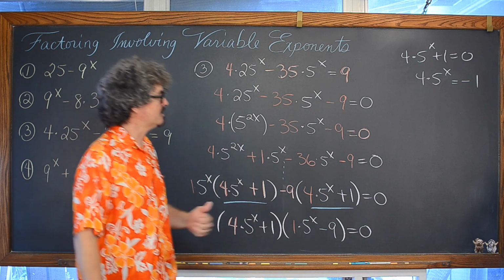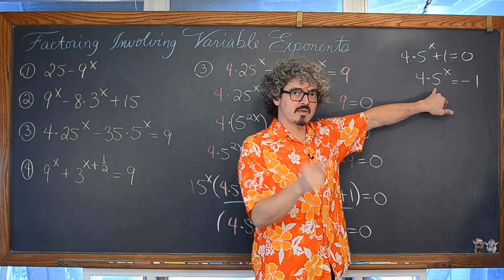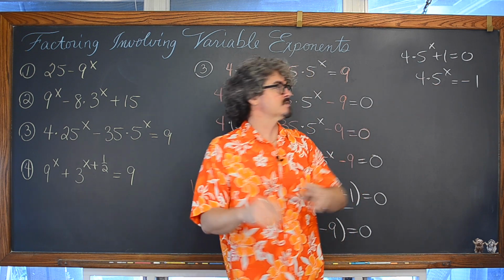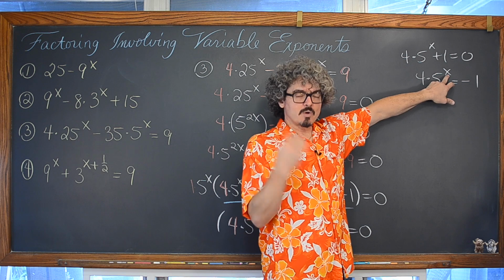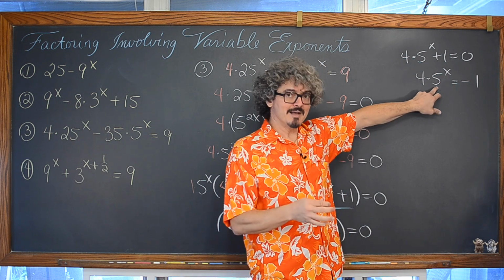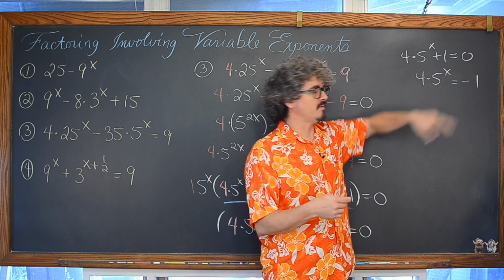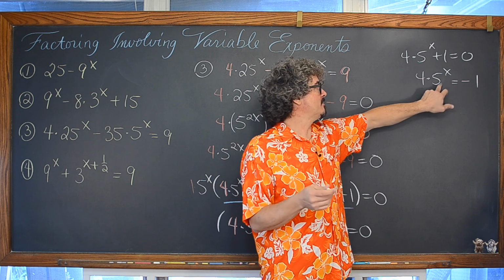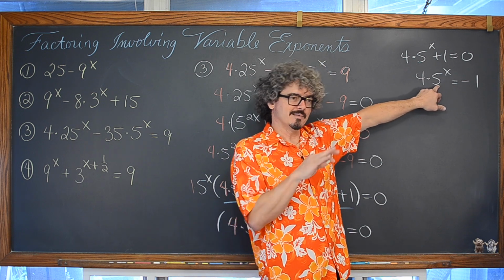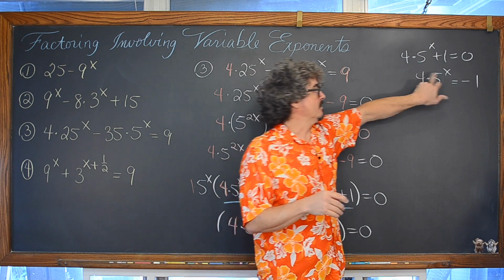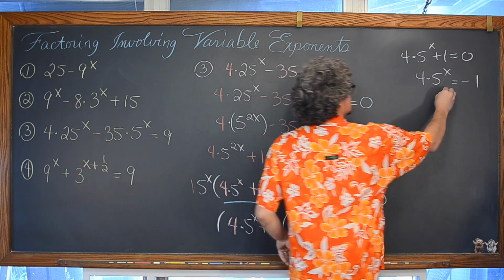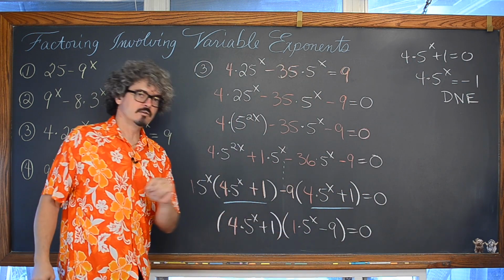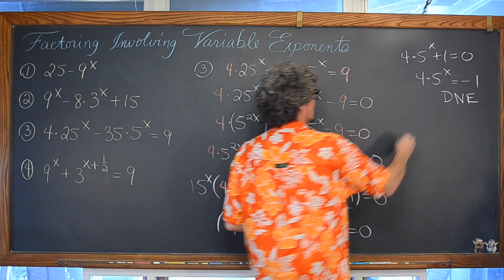And at this point, whether it's now or after you divide by 4, and I hope you don't have to go as far as grabbing your calculator to try and finish this, we have a positive base raised to a power, which means exponents, though you can sometimes have fractional exponents, it does represent repeated multiplication of the positive base of 5. So positive 5 multiplied by itself any number of times, even if it happens to be a negative exponent or a fraction, repeatedly multiplying by a positive 5 in some format is never going to give you a negative answer. So the solution to this factor is there isn't one. It does not exist.